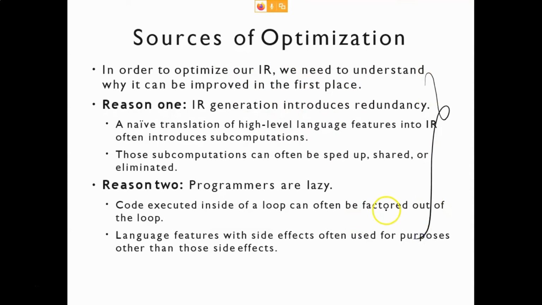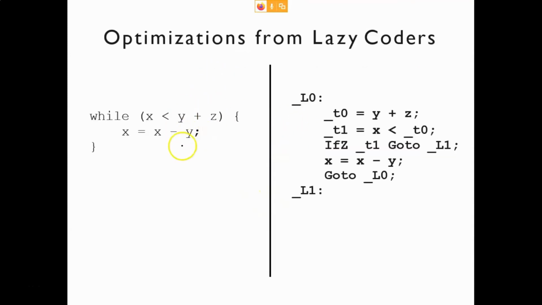This we have seen in the last lecture. So for example, if this is your high level language code, then you can do some optimizations here. What is the optimization that you can do here? You can see this y plus z you are calculating every time the loop is running, but actually you don't have to calculate it again and again. You can see inside this loop, y plus z is not changing. So y and z are fixed. So what you can do, you can put it outside the loop so that you can save some time.